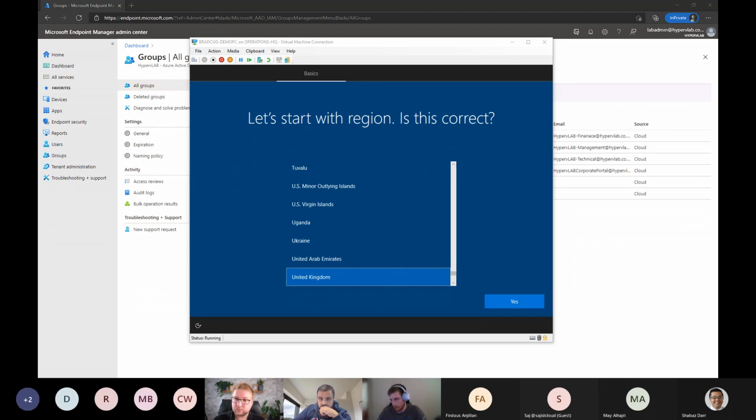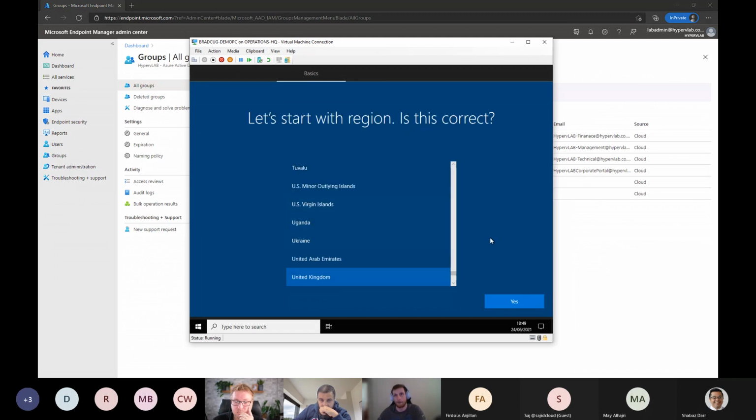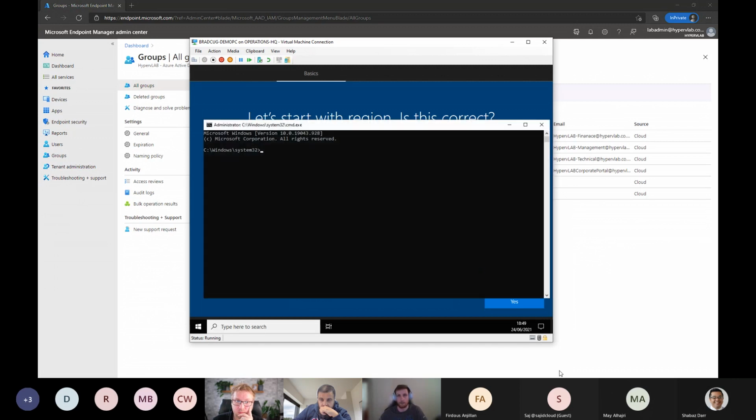Cool. So this, Dean, because I know you're on and you were very interested about this, was the bit we were discussing the other day about Shift F10. So this is a standard brand new Windows 10 VM. I've built it using the media creation tool. Nothing else has happened to it yet. It's all in, as you can see, out-of-box experience. So from here, to get the device hash, there's a couple of commands we need to run, which I can post a link to later.